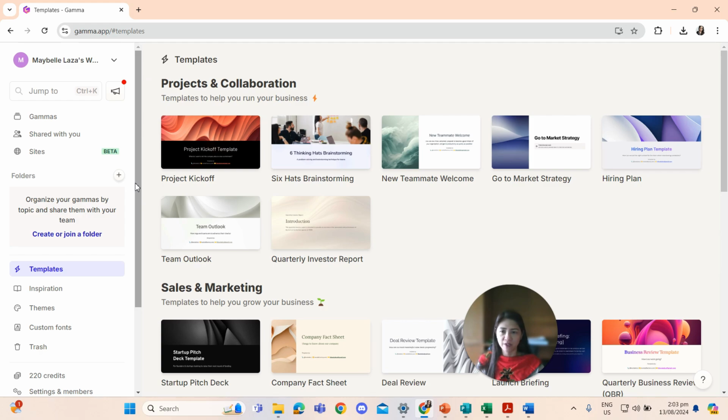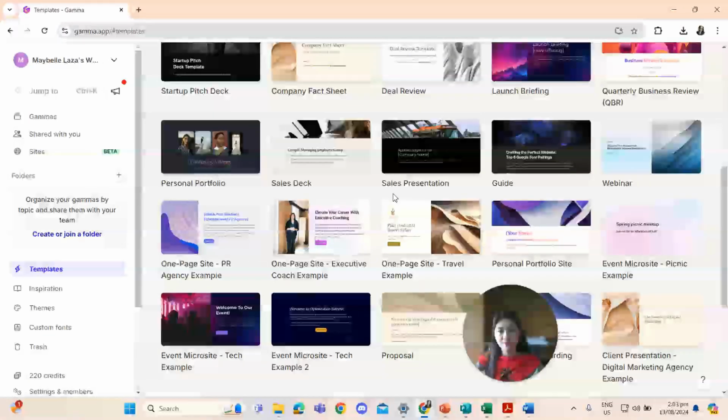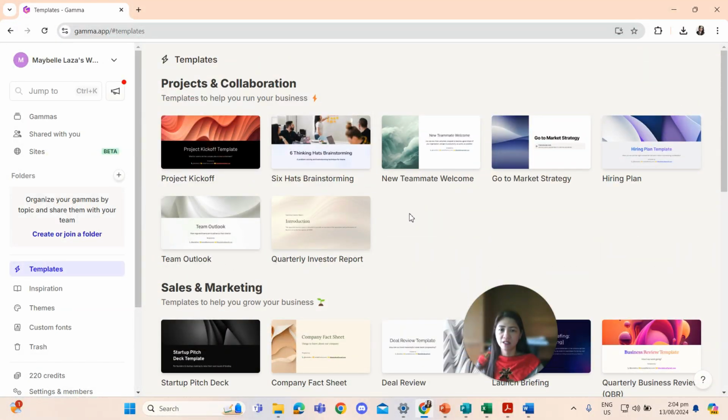Anyway, my account is just a trial account, so my templates are very limited, of course, because it's only a trial. Then we have different templates here that maybe are enough for us to use if we are not going to use Gamma every now and then. A trial account will do for us.